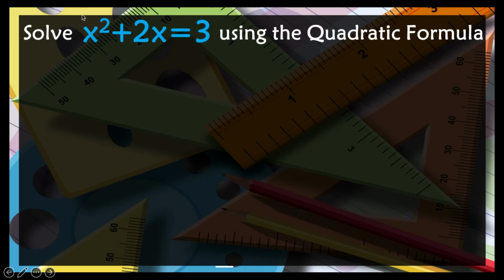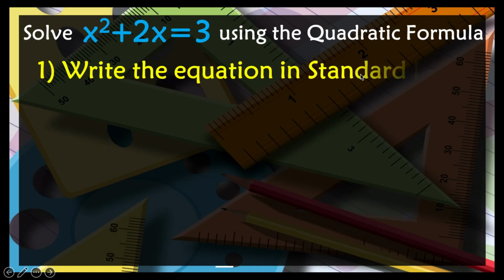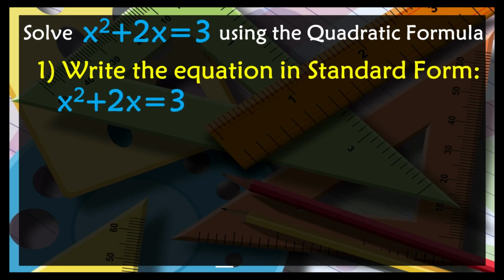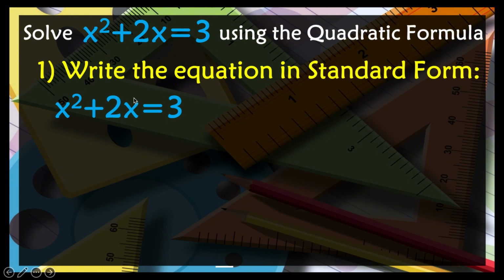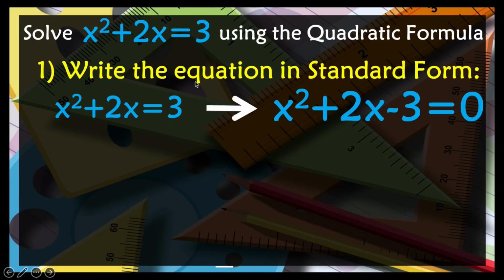It says, solve x squared plus 2x is equal to 3. We will use our quadratic formula. Okay? Step 1: write the equation in standard form. As you can see, this is not yet in standard form, because in standard form the constant must also be on the left side. You already know that. So, since positive 3 will cross over to the other side,